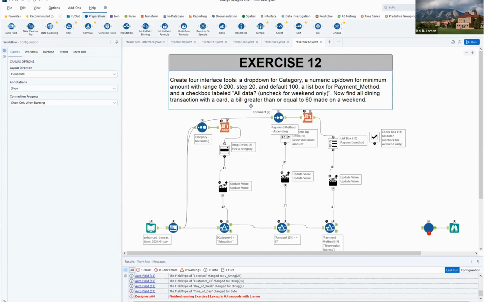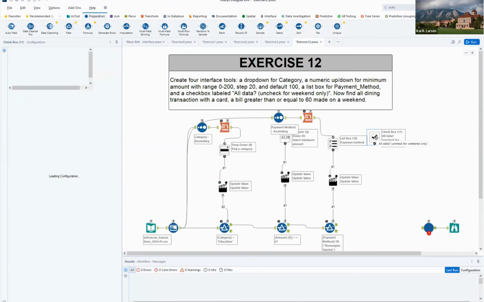And finally, find all dine-in transactions with a card, a bill greater than or equal to 60, made on a weekend. So we still have this weekend thing to deal with. This one is potentially quite painful. So I'm going to solve it